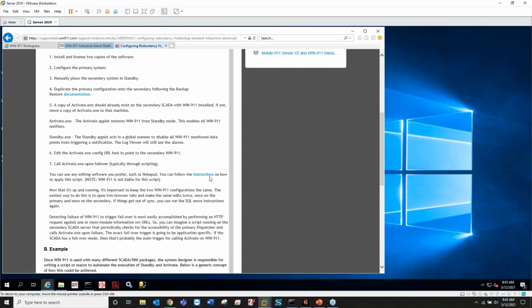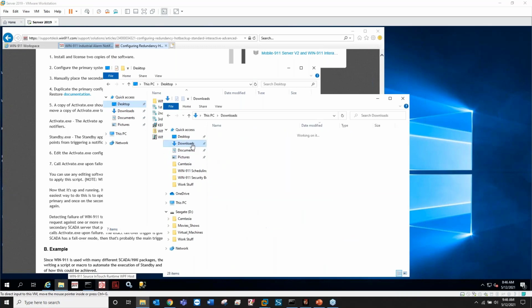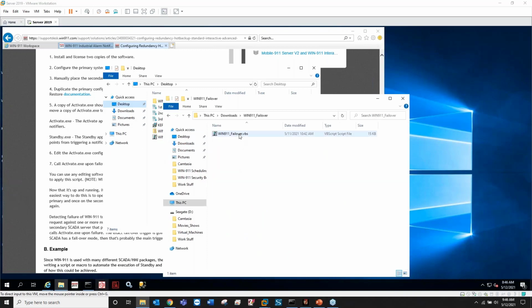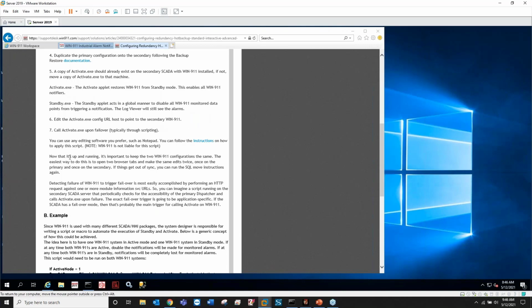And then this is the line here from the PowerPoint. So you have the instructions link right here that'll download a zip folder. Zip file here, go to downloads. So it'll look like this, WIN-911 failover.zip, and you can extract that. And here's the WIN-911 failover.vbs. So once you have that script, there's a little more information, disclaimer, and informational text here,